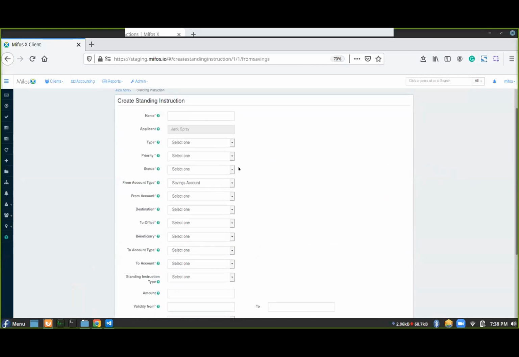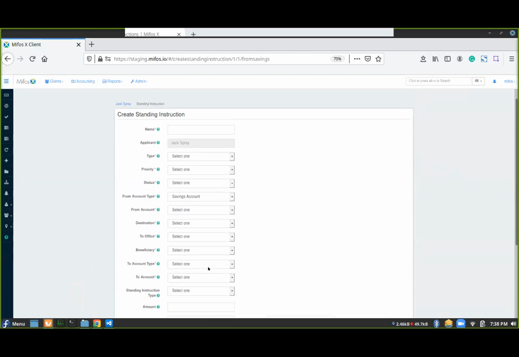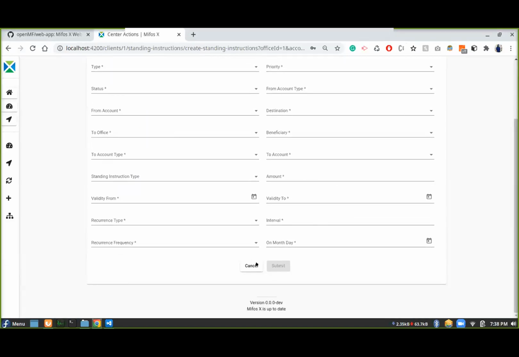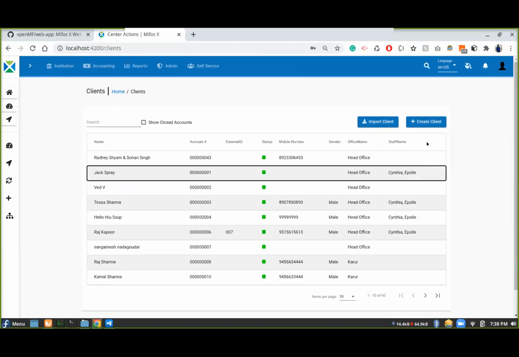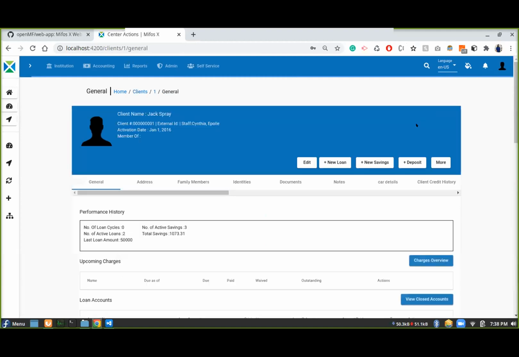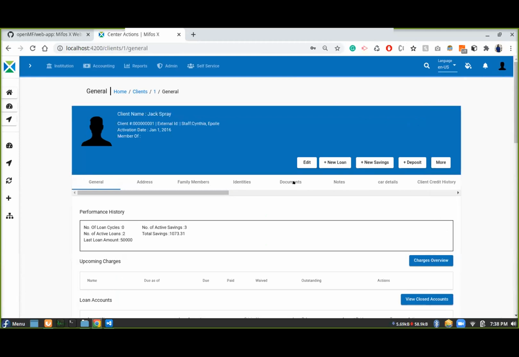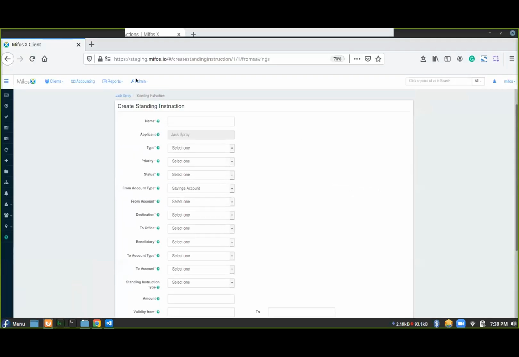This is the view in the community app. I have modified it a bit as the form was quite long, and I made it into two sections and made some minor changes. Further, I worked on another component for account transfer, view standing instructions. On view standing instructions, anyone can filter. It is a list of standing instructions linked to the particular client. And in the community app, it is as